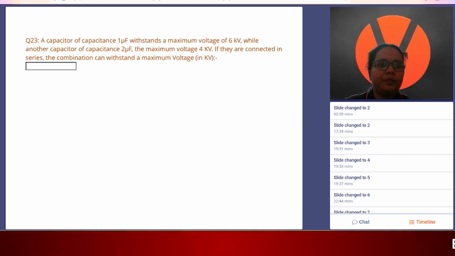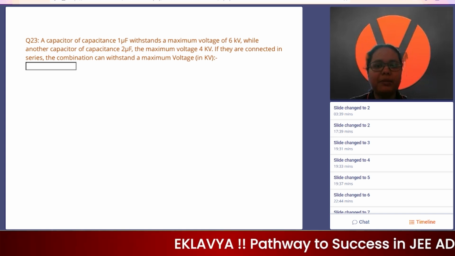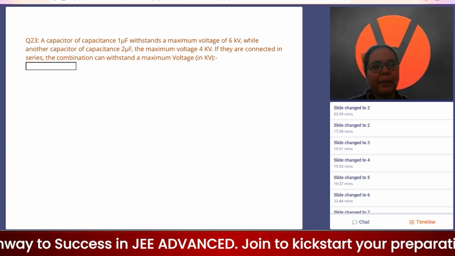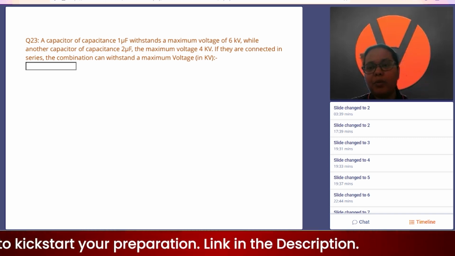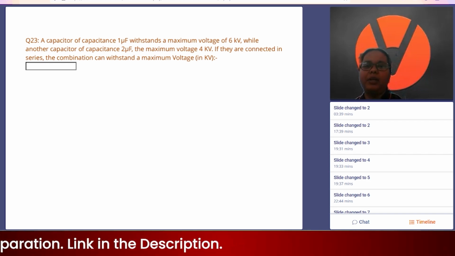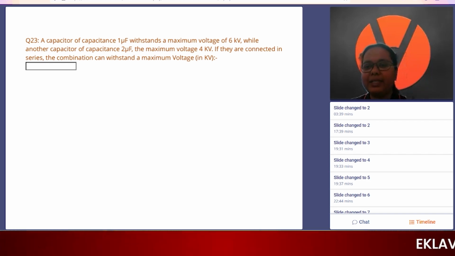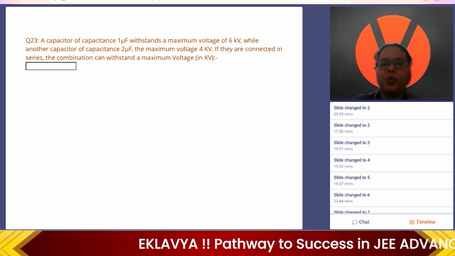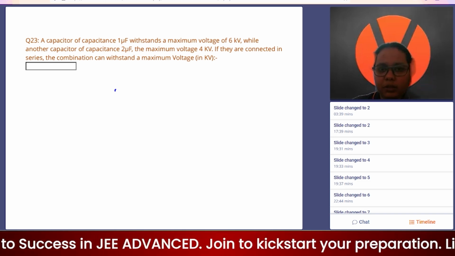Now, a capacitor of capacitance 1 microfarad withstands a maximum voltage of 6 volt, while another capacitor of capacitance 2 microfarad withstands a maximum voltage of 4 kilovolt. If they are connected in series, the combination can withstand a maximum voltage of what? Individually, we know how much voltage they can withstand, and now they are connecting those two in the